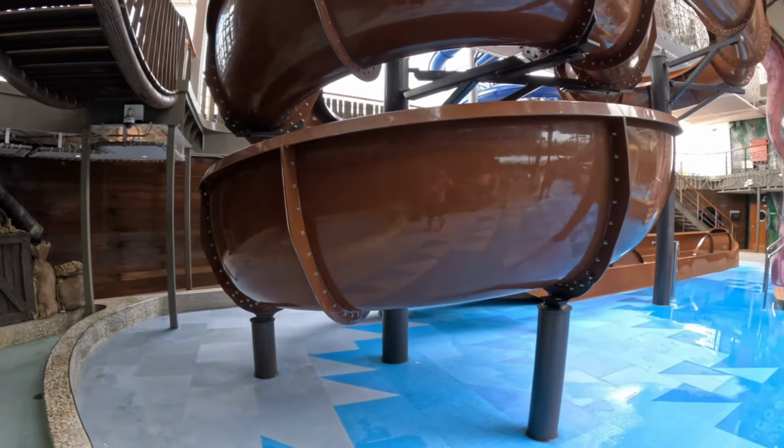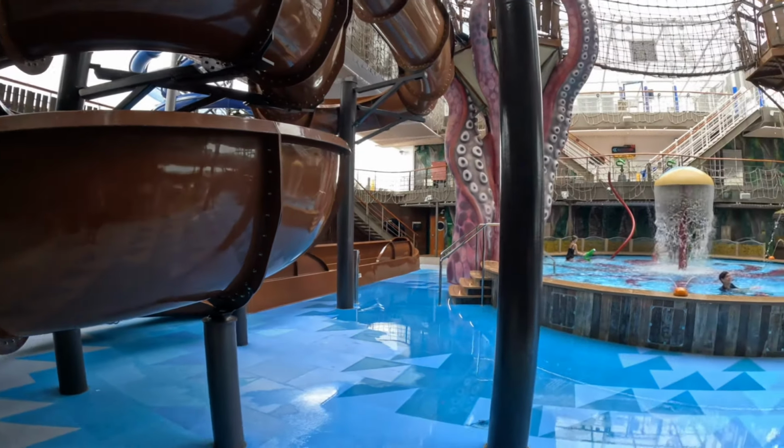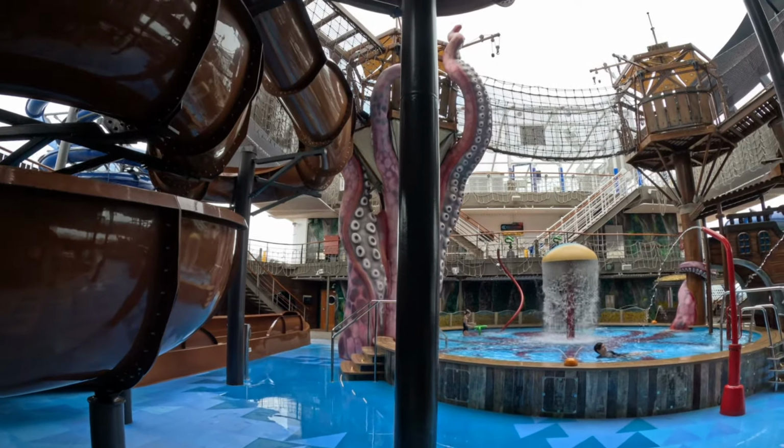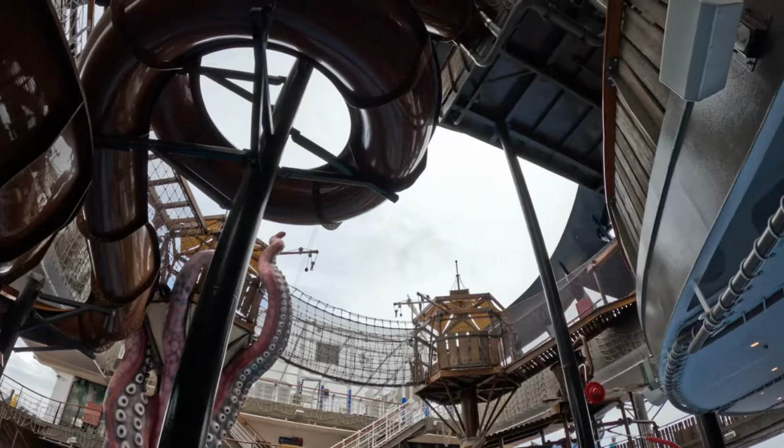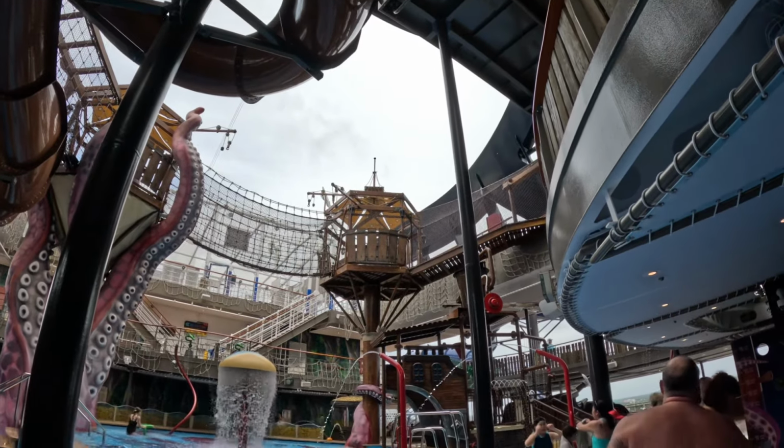The attention to detail on this little water park reminds me a lot of Great Wolf Lodge. For any of you that have been there,